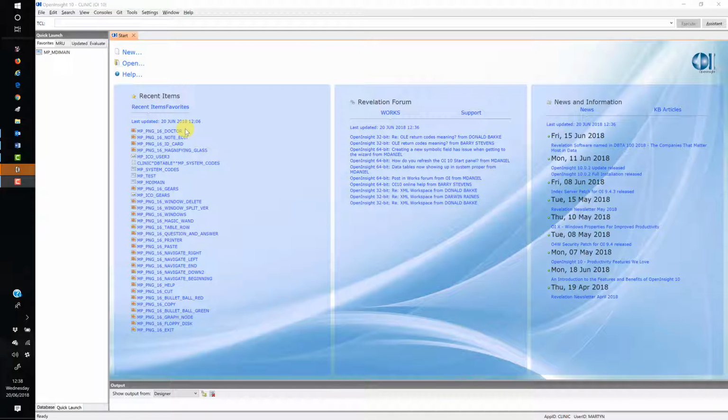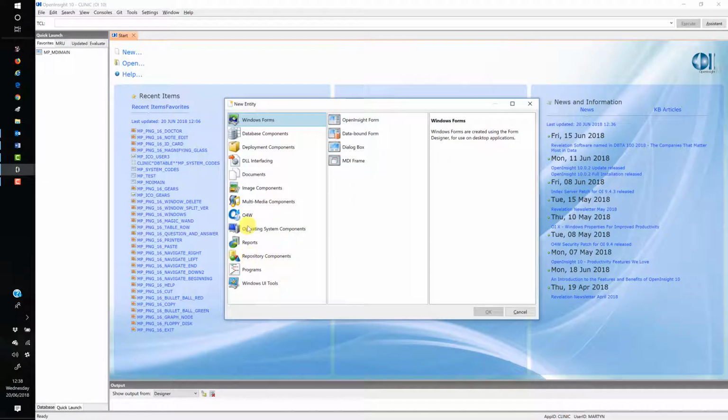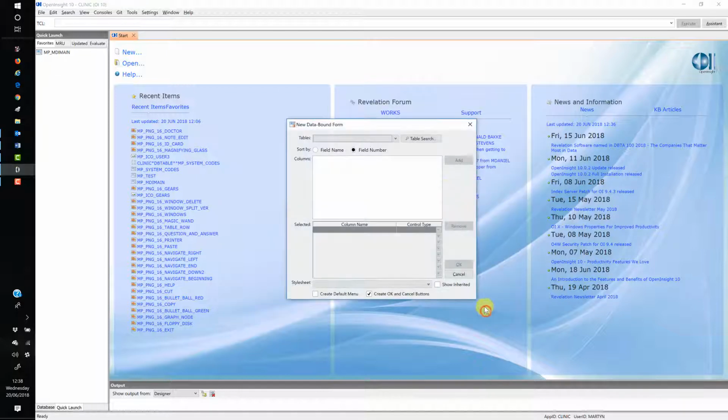I have created a few additional images in OpenInsight. I've got one for the consultations, one for comments, one for patient details, one for a lookup, and also an icon for the window. So you'll see those images as we go through, but I've created those in the usual way. So if we go to new and we go into forms and we go data bound form and OK,